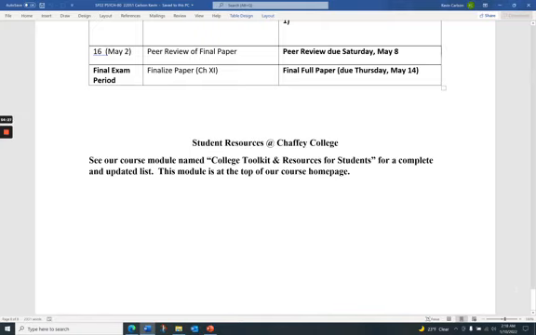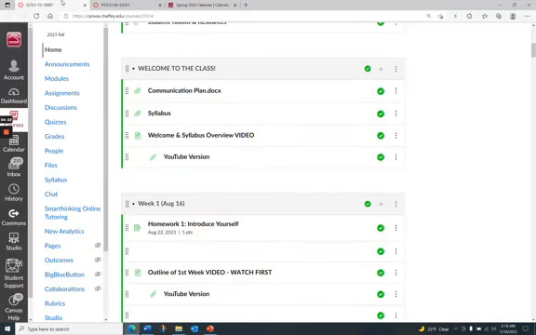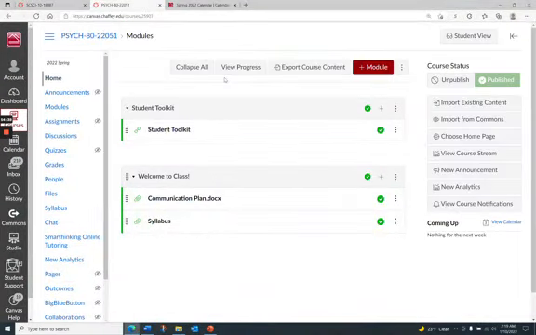And in terms of student resources, this stuff is in... Oops, sorry about that. This is an old class. This is our class. So you'll see here at the top of our class is the student toolkit. If you go into that, it will show you various resources that will help you: resources related to Canvas, resources related to classes, and also resources like the food pantry and other resources beyond just your classes that can help you deal with life in addition to your classes.